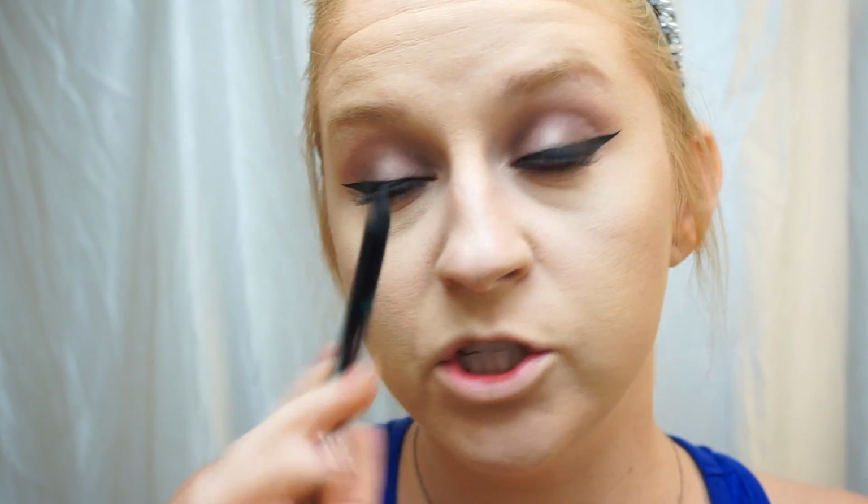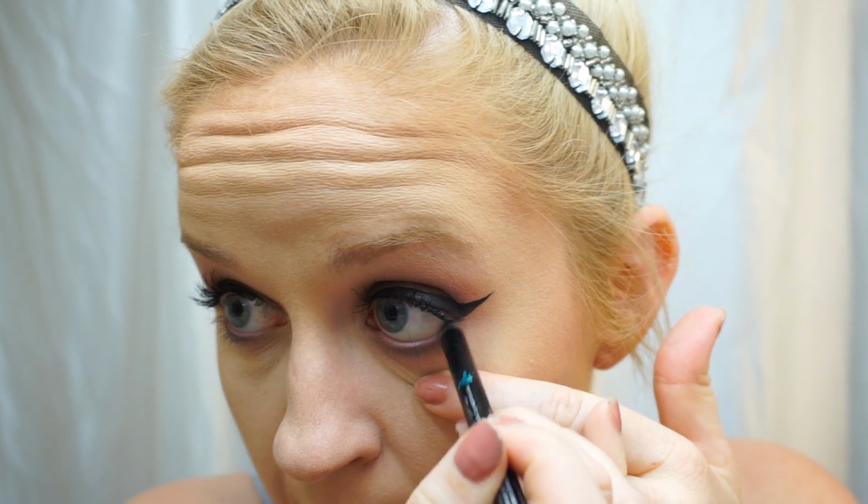I need some black liner. I'm also going to add some gel black liner to the waterline on the bottom and the top. Now I'm going to put some mascara on the lower lash line. Next up is not my favorite thing to do,